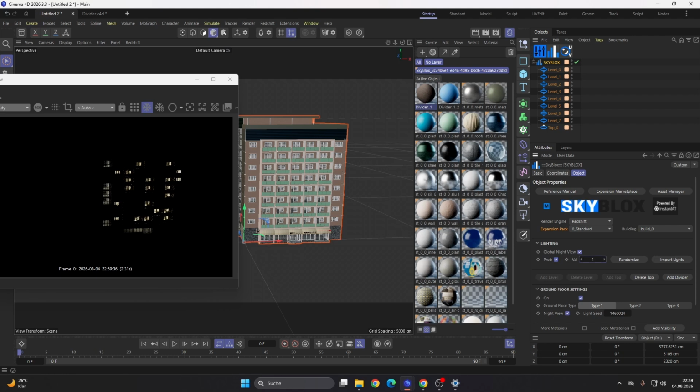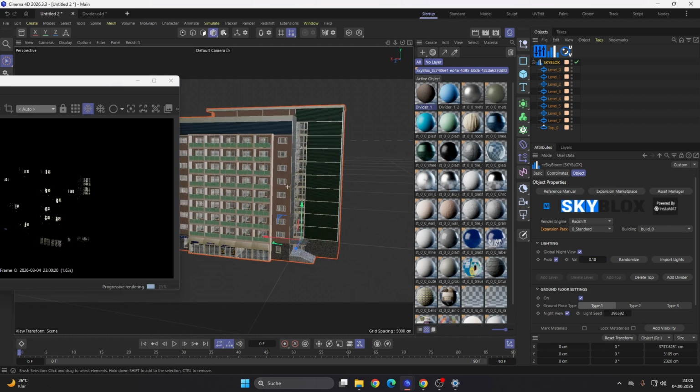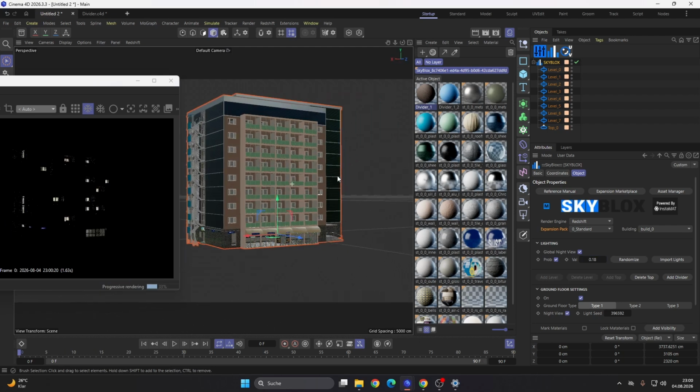So if I switch it to 1, as you can see, all lights are turned on, and the closer the value to 0, the fewer lights are turned on. So you can really shrink that down, and there are just a few windows illuminated here.